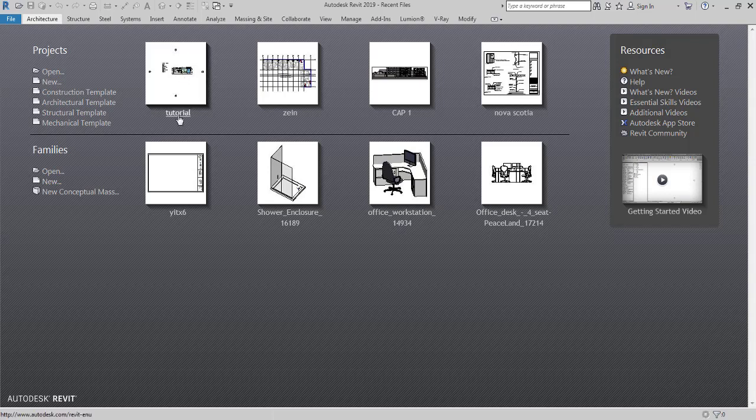And just to clear up one thing, this project was made in Revit 2019. So if you are working on Revit 2018 or 2017, this file might not open, but it's not much of a big deal, because the concepts that I want to get across for the plumbing can be done in any file, and after going through this video you will be clear on how to carry out plumbing in Revit. So without further ado, let's get started. Click on this file over here.